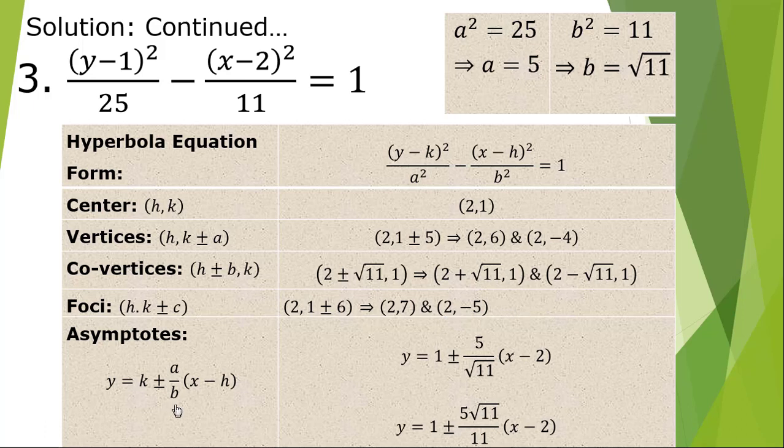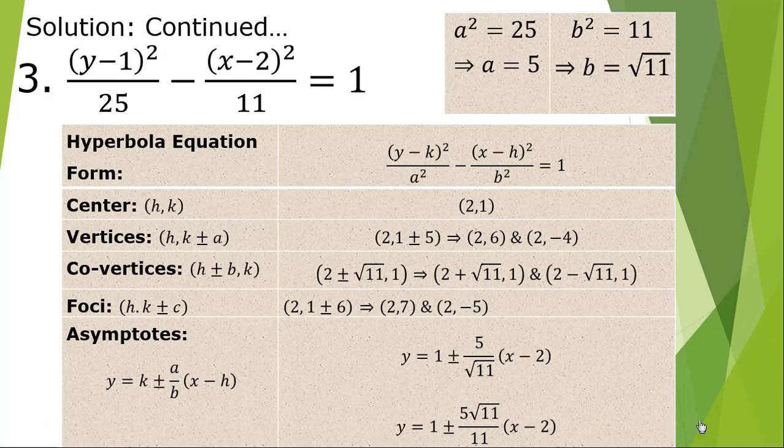For the equation of the asymptotes, we have K plus or minus A over B times quantity X minus H. So our K is 1 plus or minus A, which is 5, and your B is square root of 11, times quantity X minus 2 for H. And we don't need radicals in the denominator, so we have to rationalize. So simply multiply square root of 11 over square root of 11 so that the denominator becomes 11. So the final answer for the asymptotes: y equals 1 plus or minus 5 square root of 11 over 11 times